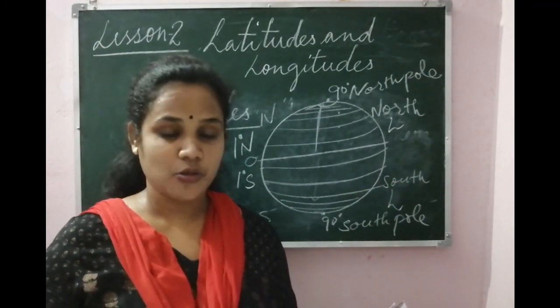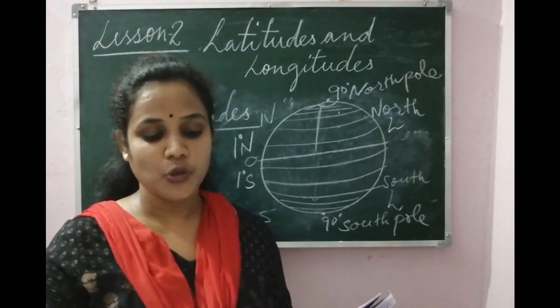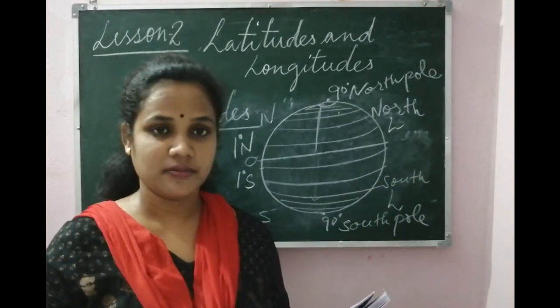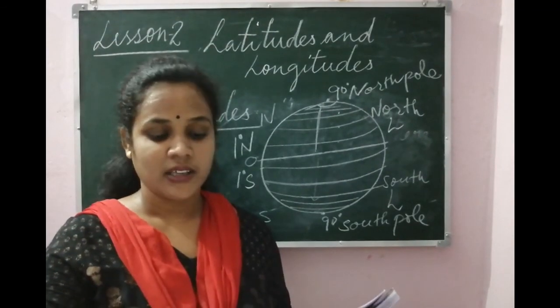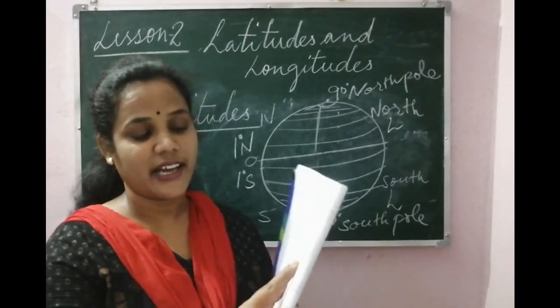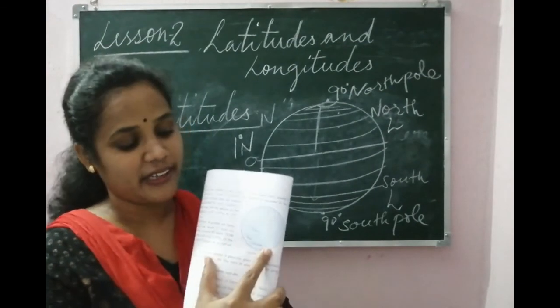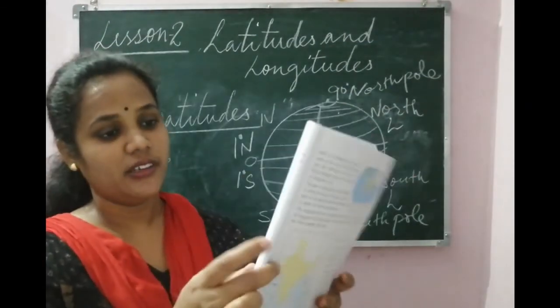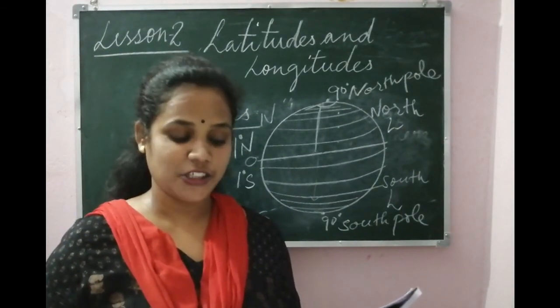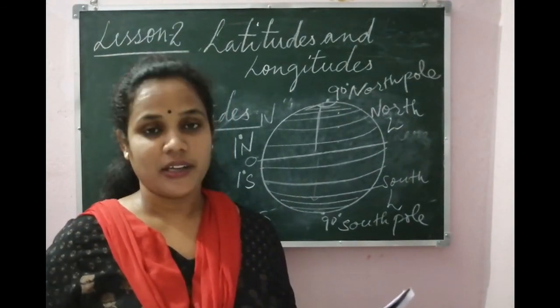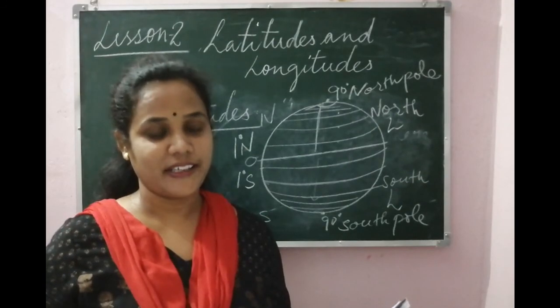Okay, so today's homework is you will read the chapter again till paragraph 2 on page 10, and draw this diagram in your book. This diagram you can see, figure parallels of latitude. Alright, and tomorrow we'll continue with the last part of it, that is your important latitudes and longitudes.